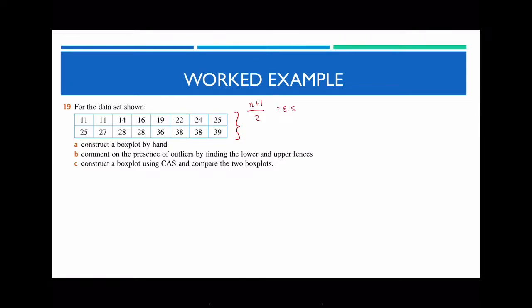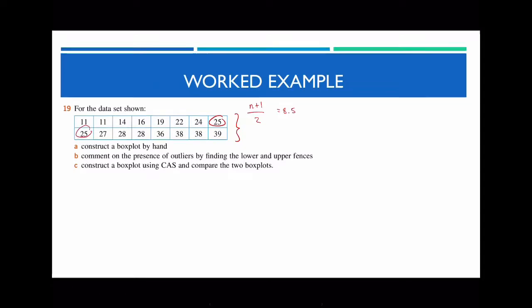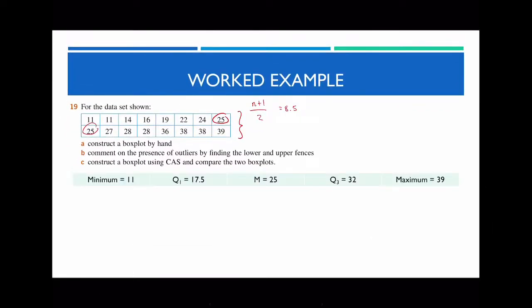So this tells you that the median value lies in between positions 8 and 5. So therefore, it's going to be between 1, 2, 3, 4, 5, 6, 7, 8. So in between these two numbers over here, as a result of that, the median is going to be the exact same thing, and therefore you can find out what the Q1 and Q3 is by finding the medians of those respective halves. So if you do this successfully, what you should obtain is this over